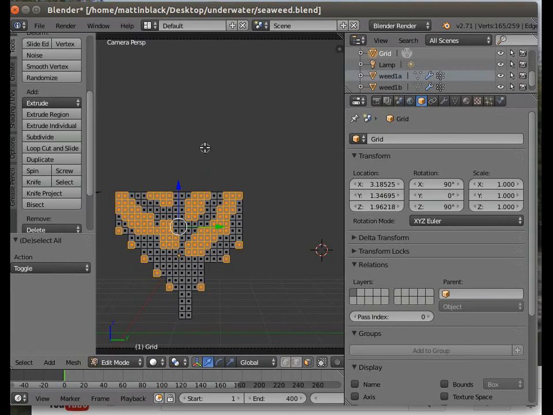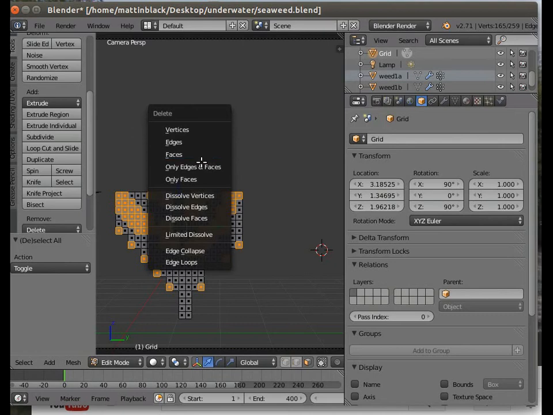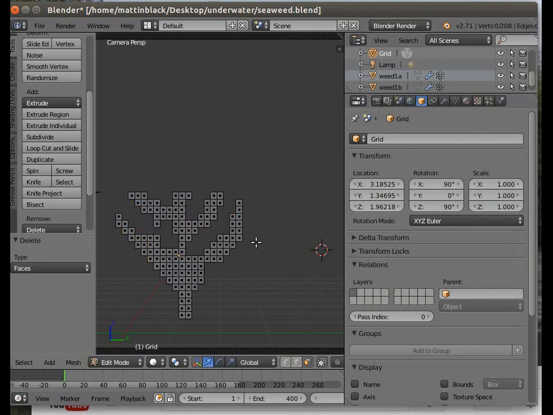And I'm going to hit escape to get out of circle, X, delete faces. As you can see, we've got this sort of shape going on, and it's never going to look particularly good to start with when you do it this way, but